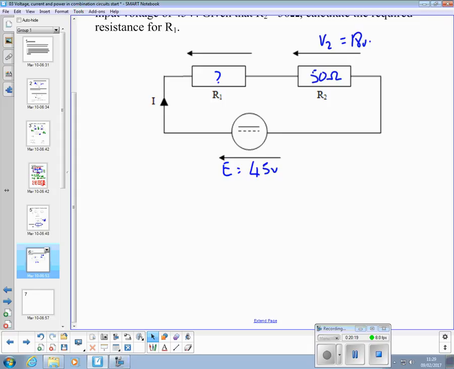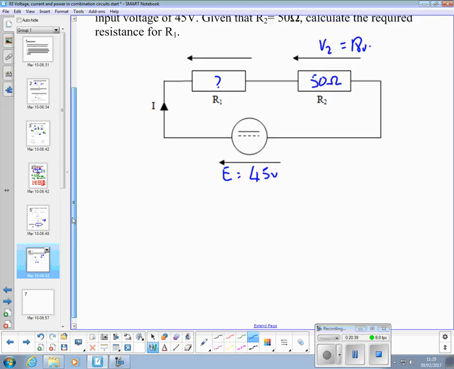You know that's one current, so you've got 18 volts there and 50 ohms, so you could calculate the current using those two values. Okay, so we'll look at that in a minute. First of all, by voltage divider rule, we know that